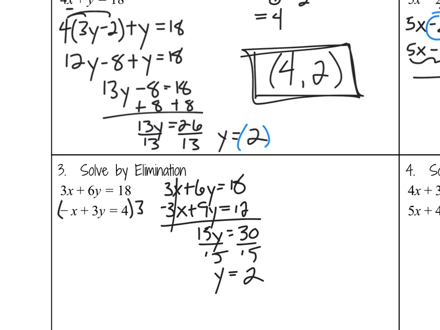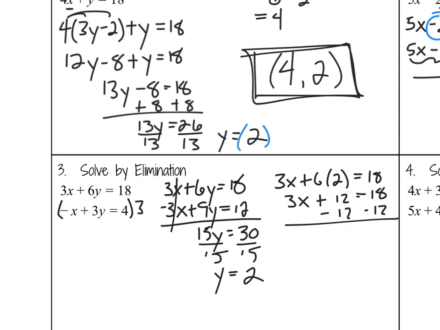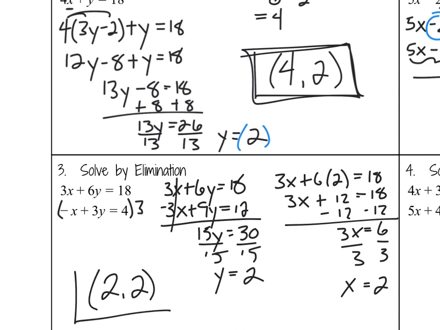Choosing one of my equations to plug that 2 into, I am going to choose the top one so that I don't have to deal with a negative in front of that x, and so we have 3x plus 6 times 2 equals 18. 6 times 2 is, of course, 12, and when we subtract the 12 from both sides, we get 3x equal to 6. Dividing by 3 then gives me an x value of 2,